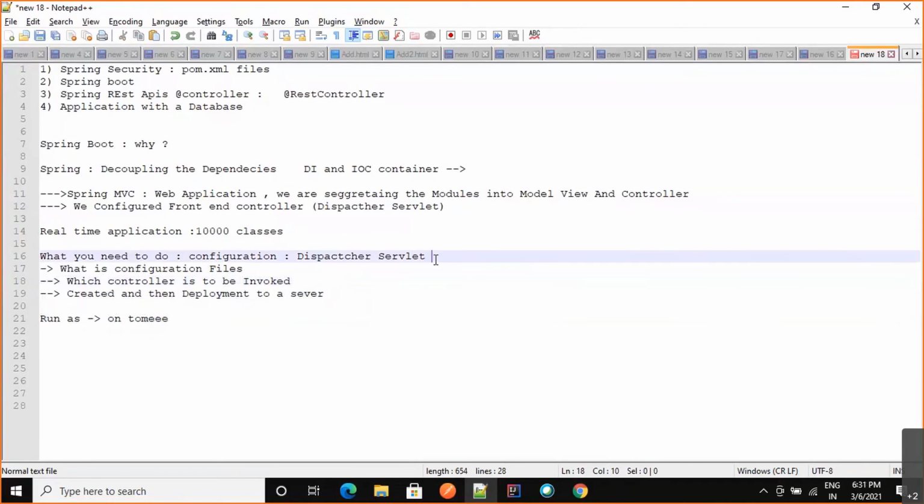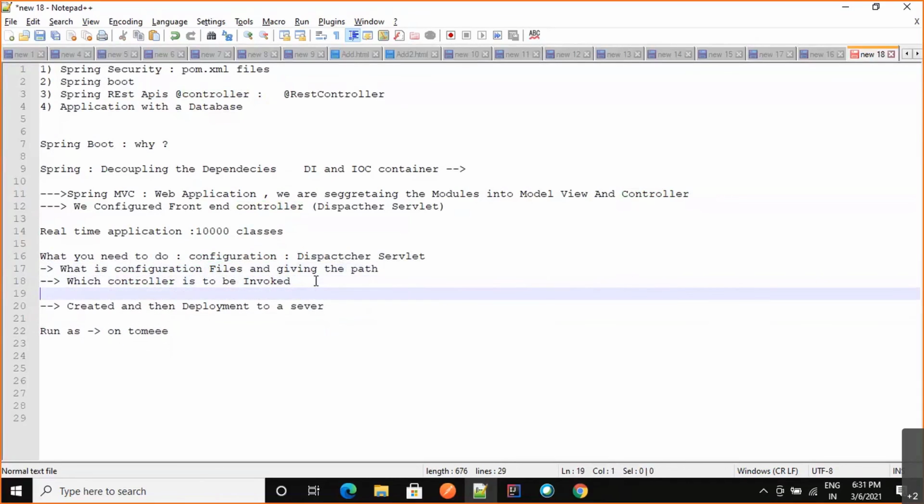This is what we did in the last class: the configuration, making the controller, and telling the dispatcher servlet what the configuration file is and giving it the path. Then for the deployment part, we created a war or jar and deployed it to the server.